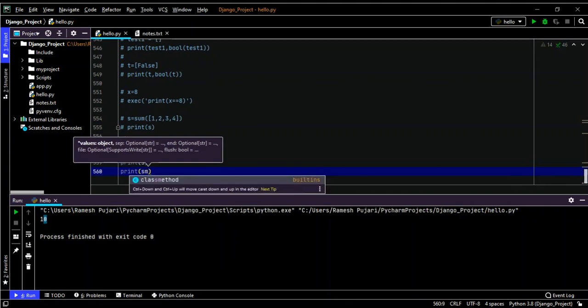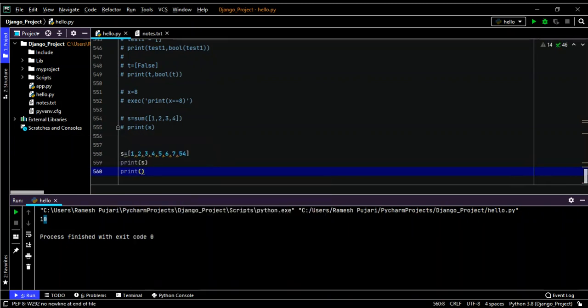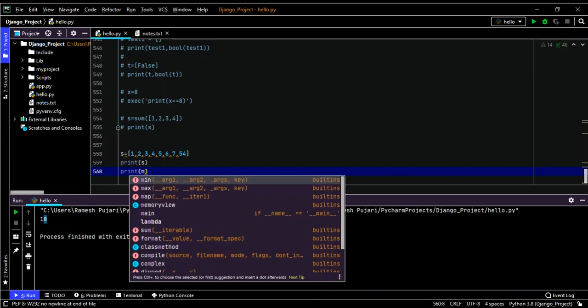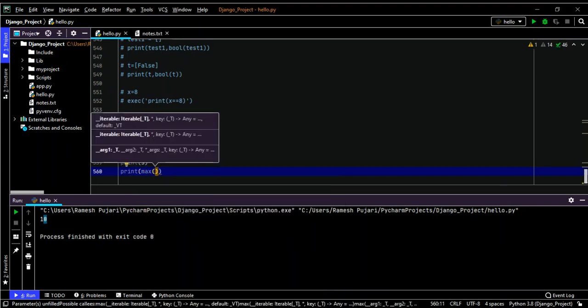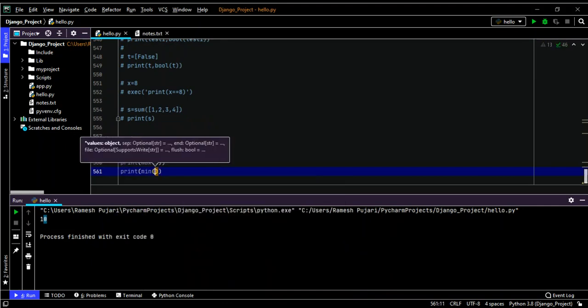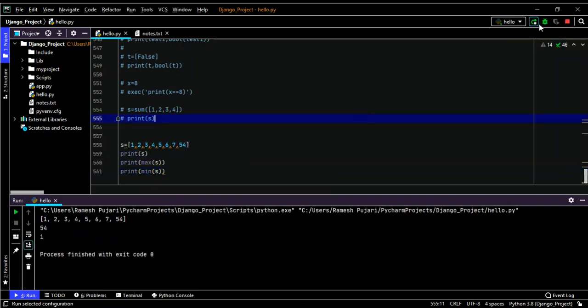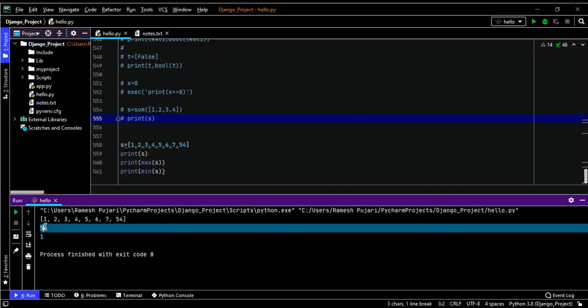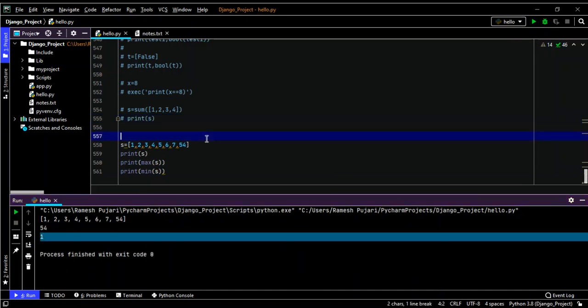Now I will use the max function, max of s, and I'll find the minimum of s. So this prints the maximum and minimum value in the list. See, maximum is 54 and minimum is 1. This is the usage of max and min functions in Python. These are the inbuilt functions in Python.